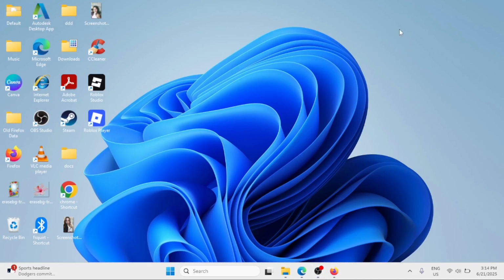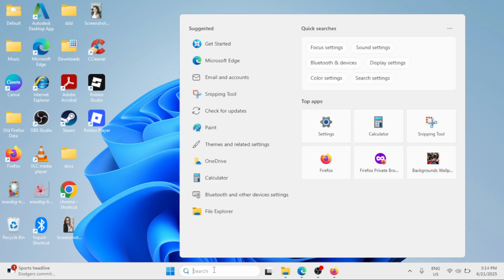In this video tutorial, I'm going to share with you how you can change another user's password in Windows 11. So let's get started. Go to the Windows search bar and simply type